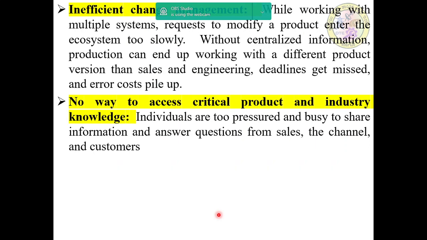Next, insufficient change management. Here, while working with multiple systems, requests to modify a product enter the ecosystem too slowly. Without centralized information, production can end up working with a different product version than sales and engineering. Deadlines get missed and error costs pile up.